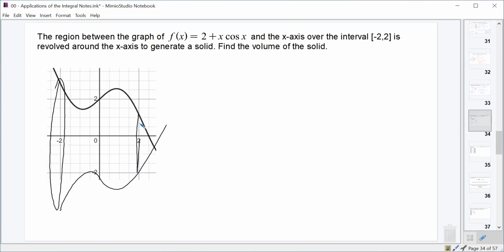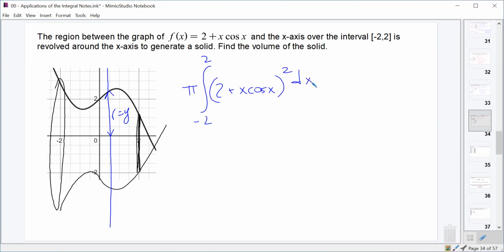It's got an end right here at +2. And then we revolve it around. If you look at it sideways, it kind of looks like a flower vase. And so the same concept's going to apply. If we slice this thing perfectly vertically, the radius of the circular cross section is just the y value, or 2 plus x cosine x. So we should be able to go in and write pi times the integral from -2 to 2 of r squared, or 2 plus x cosine x